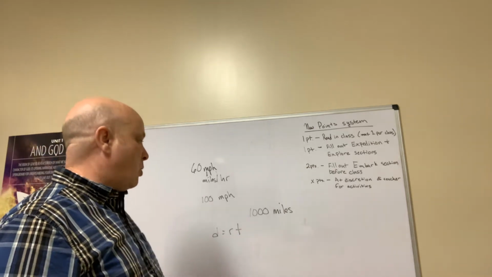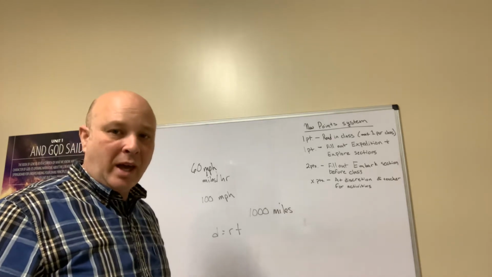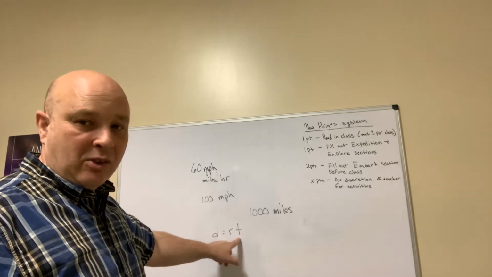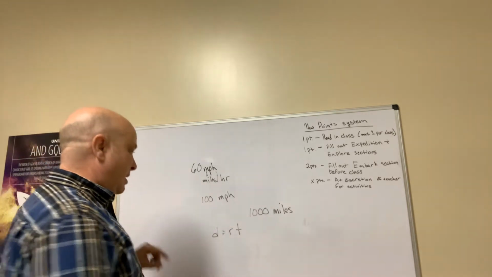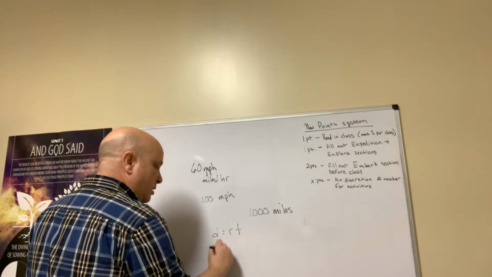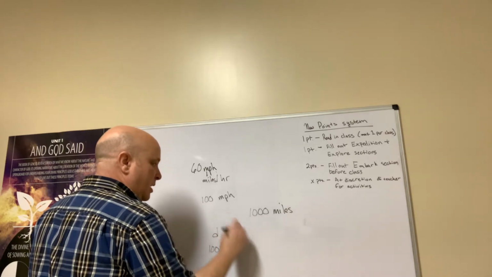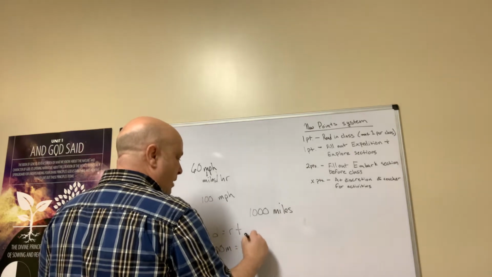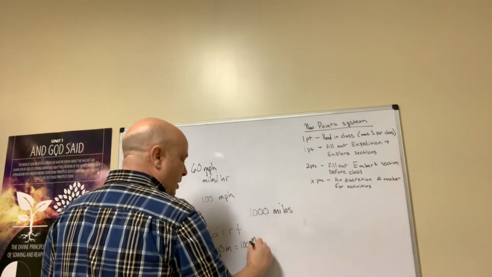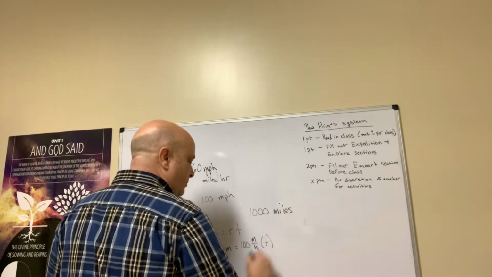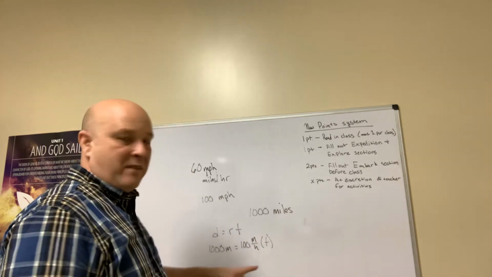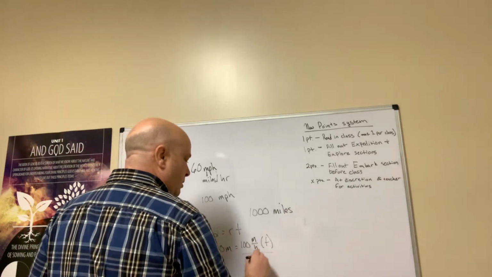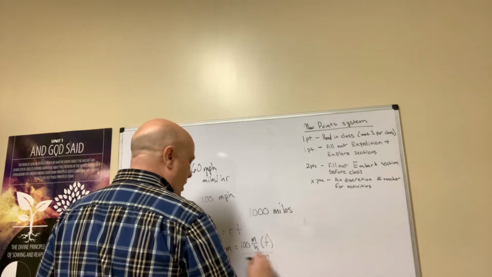And so if I want to know time, like how many hours is it going to be, then I'm going to leave my t here because that's what I don't know, and I'm going to say my distance is 1,000 miles equals my rate, which is 100 miles per hour, times t, okay? How do I find t? How do I solve for t? Well, I'm going to divide both sides by 100 miles per hour,